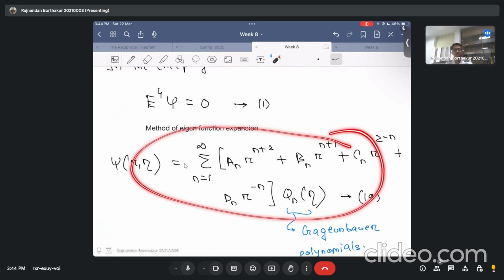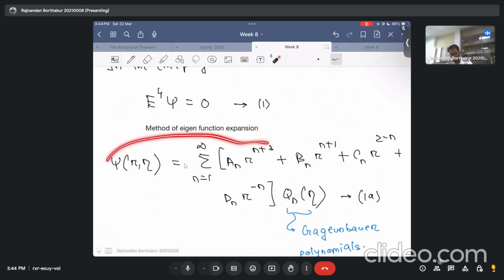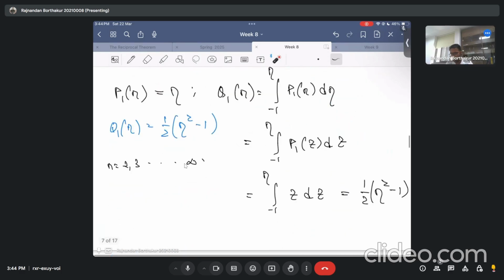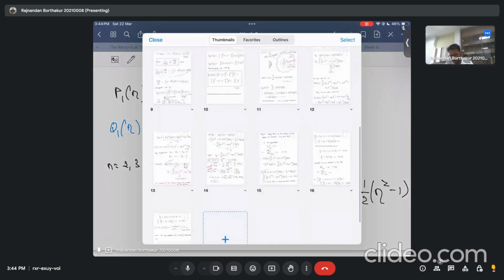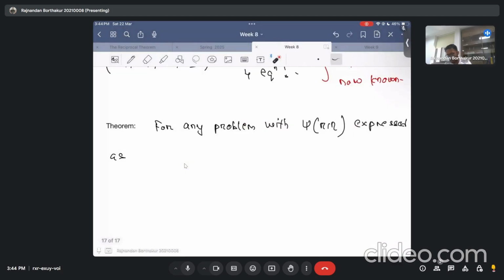So if you can express psi in this form, the theorem says that for any problem with psi(r, eta) expressed as equation 1, the force